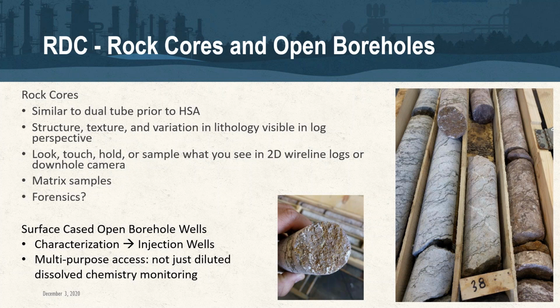You can have that in front of you for scrutinizing when you're looking at your two-dimensional wireline logs or looking at it with your downhole camera. And being able to do some sort of forensics on the chemistry of some of the anthropogenic effects on that matrix material itself. And so for the purposes of our characterization and ultimately remediation,